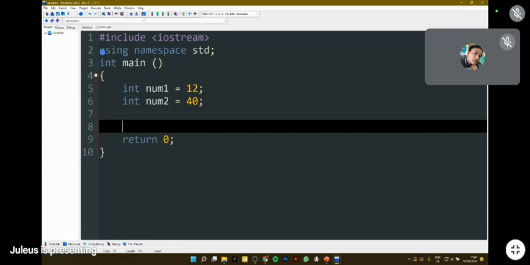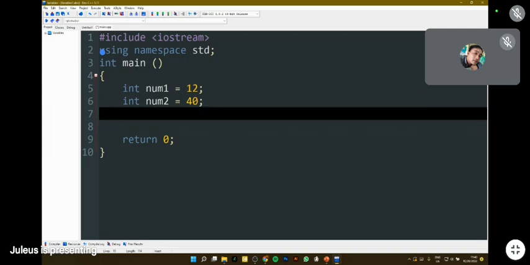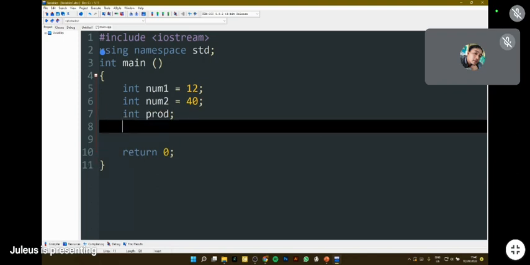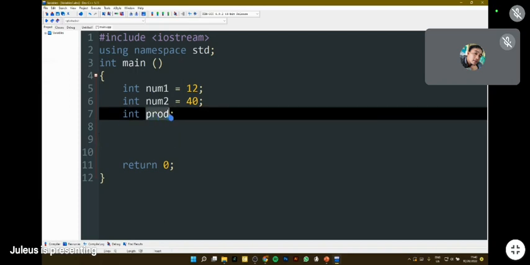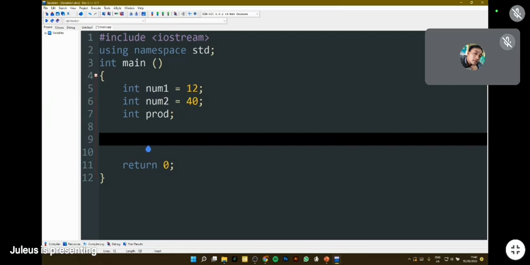All right. And then for us to get the product, we have to save it somewhere. So let's create another variable. This time, let's call it product or prod. Do we initialize this value? Not yet, right? Since we don't know the value for our product, we have to compute it. So that's why we will write prod